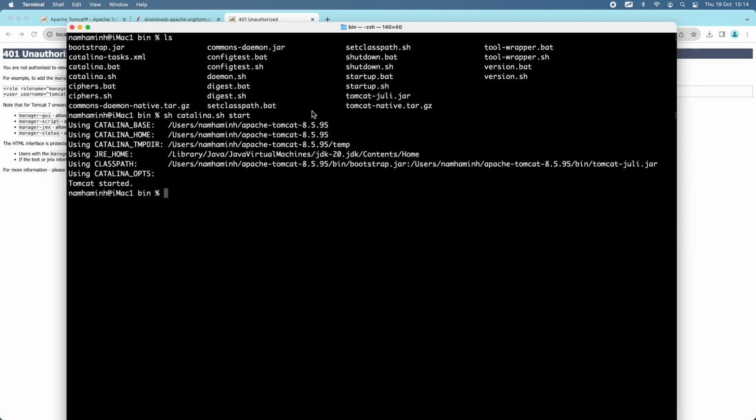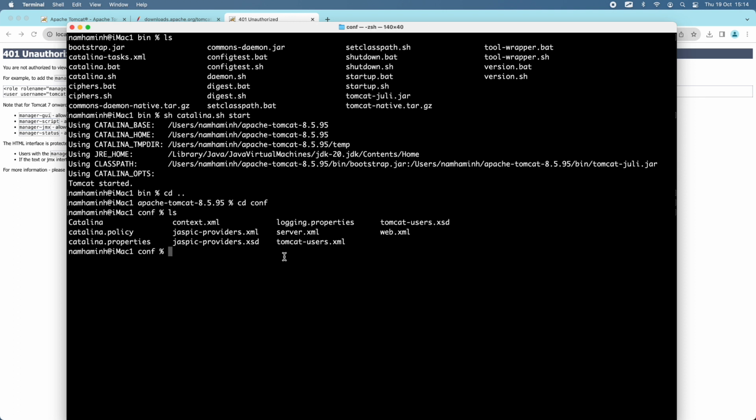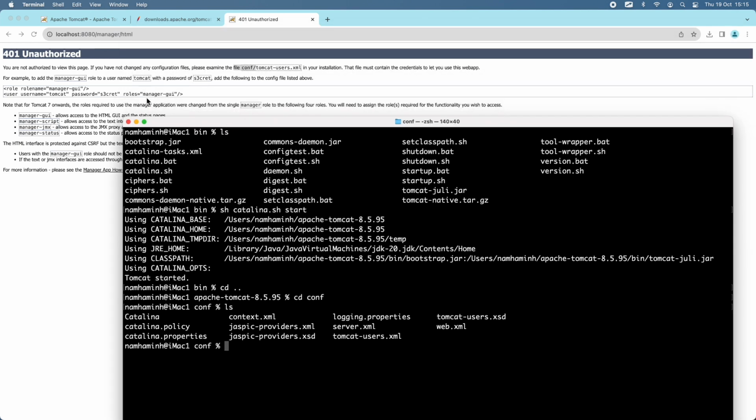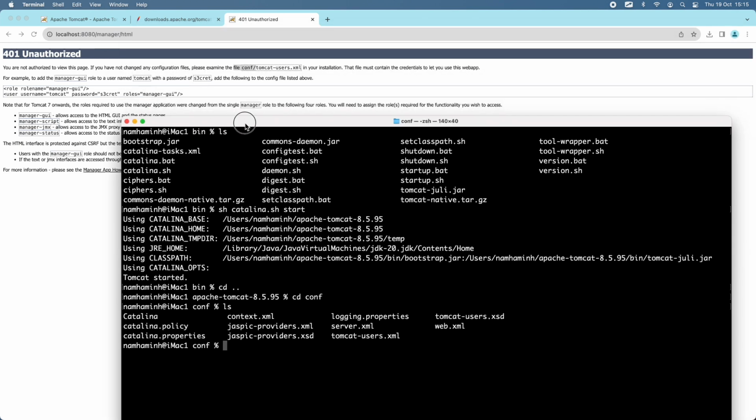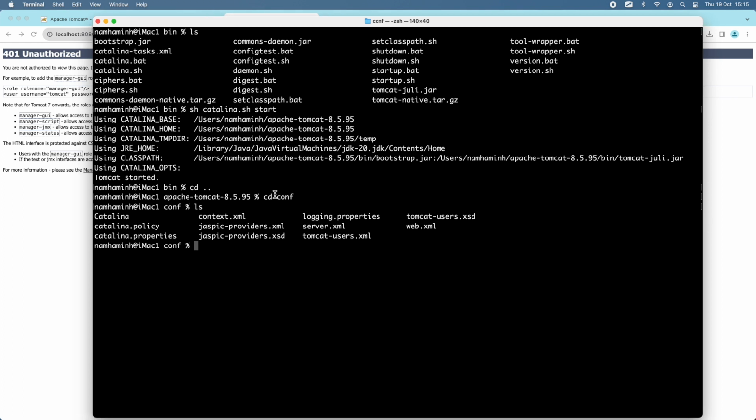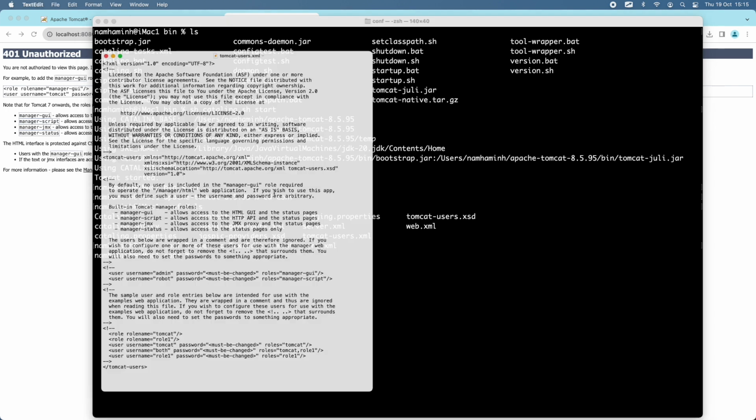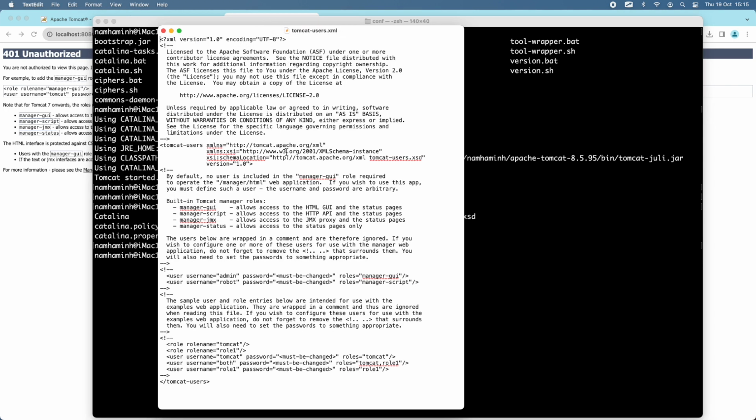Okay, so let me go to the conf directory, and you can see the file tomcat-users.xml here, and we need to edit this XML file to add a new user with the role manager-gui in order to access the Web Application Manager. Okay, so I use this command open -a TextEdit to edit the file tomcat-users.xml. Okay, you can see the detailed instruction in comments here,